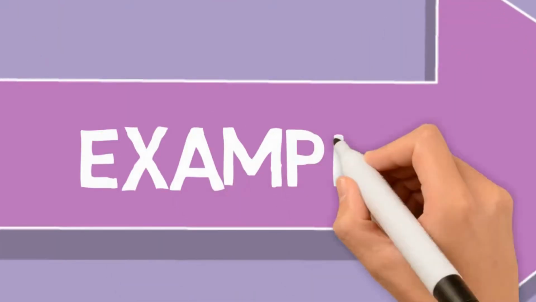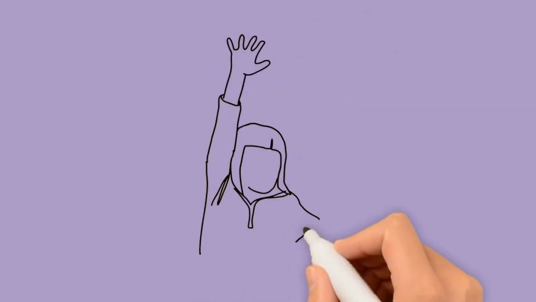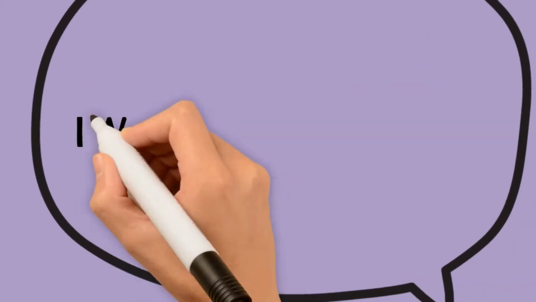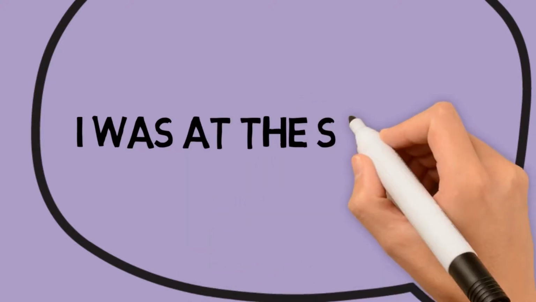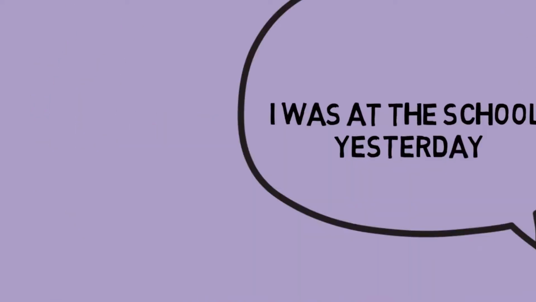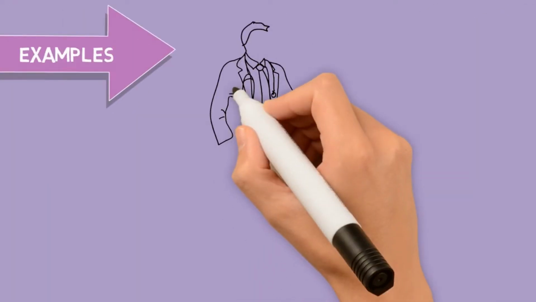Examples. This is some example of the to be in the past tense. The example is I was at the school yesterday. Why was? Because I use was, and this is the past because you know yesterday is the past tense, right? And the second one is